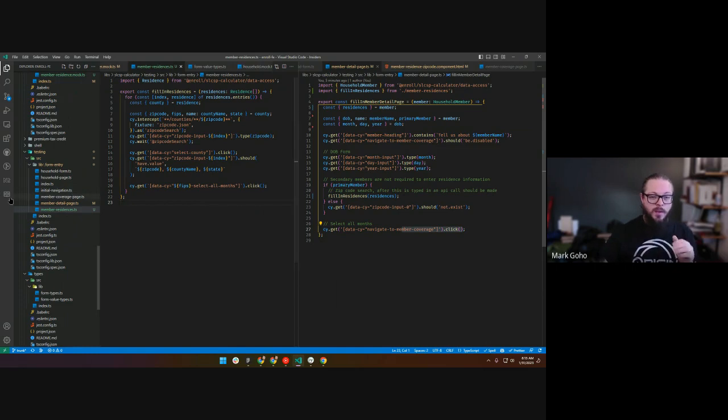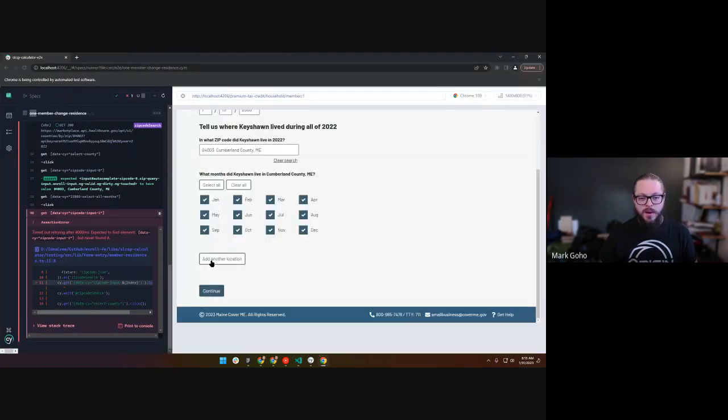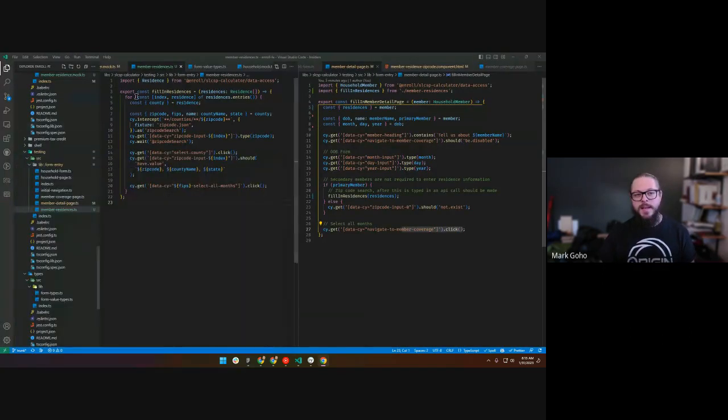So what's next? Well, if there is another residence, so we don't want to do this for the first residence, but if there is a second residence, we want to click add another location, which is right here. So at the very least, let's make sure that on the second time through that it adds another location. So if this is not the last residence, add another residence. So if,